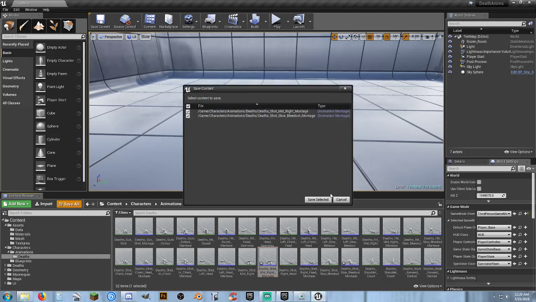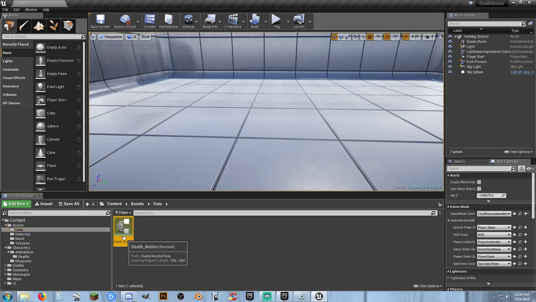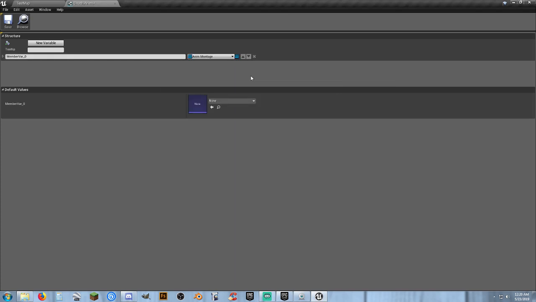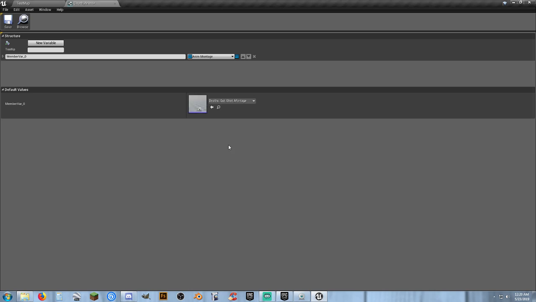Alright, so now that we got these as montages, if I go back into my data folder and into my death anims, and let's go in here in montage, we can see anim montage, object reference, and now we can choose the montage. And we can just go down the list. There's 16 of them. So we'll do this one, and we'll see right here. So, and we'll call this